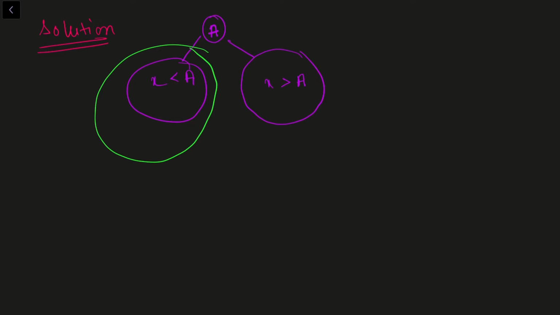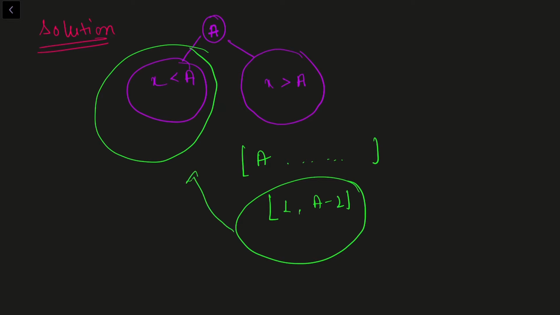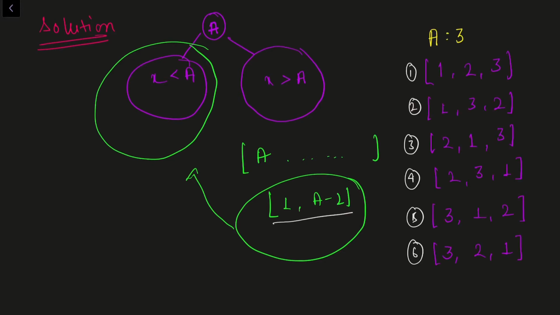So if we have any binary search tree that starts with a and it is some permutation, then I need to add all the values from 1 to a minus 1 to the answer, because all these values will lie on the left subtree of our current binary search tree, right? And as we know, the root of a binary search tree is the first element of the array, right? So for each permutation, basically I need to add 1 to a minus 1, the sum of all these values, to the answer.